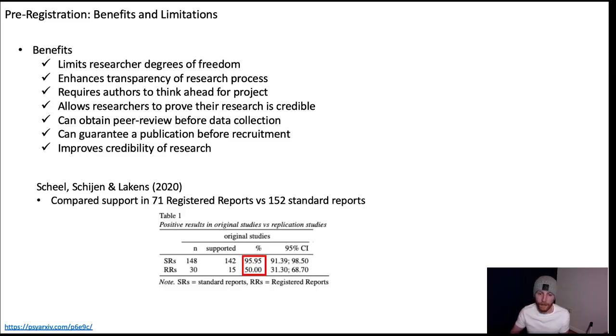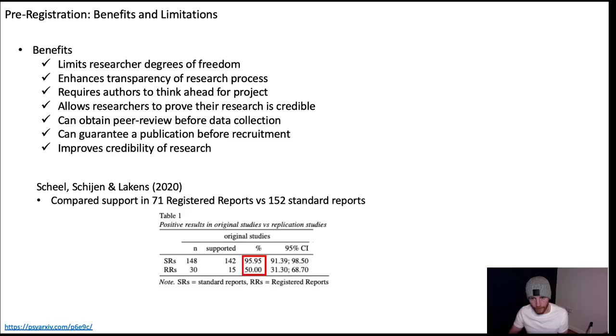found support for the hypotheses versus 95%. Now, if you remember back to last week, 95% is about how many studies in the literature claim to support their hypotheses or have found support for hypotheses. So that's very much in line with what previous studies have found. This drops to 50%. Okay, so that suggests that there's about 45% of studies out there that wouldn't have been significant if the authors couldn't have engaged in